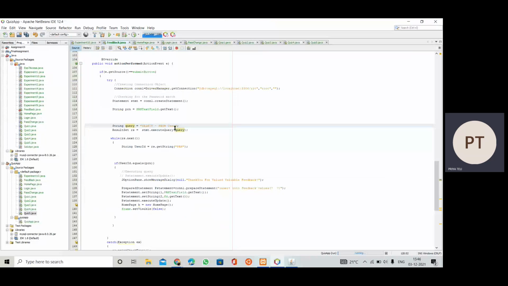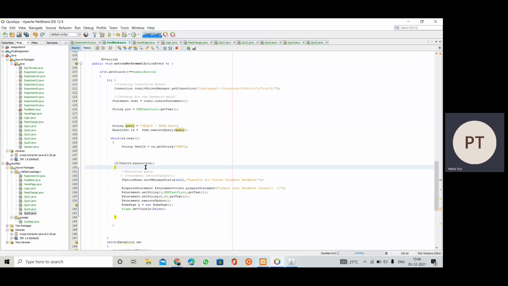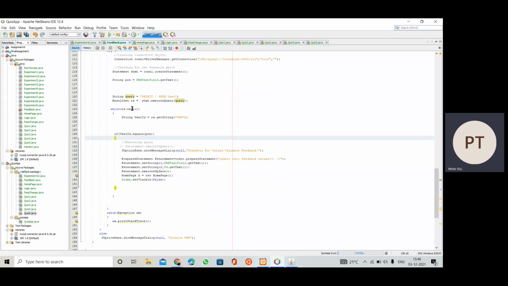Then whatever result is fetched will be taken into the ResultSet object. So this is the object of ResultSet, that is rs, and we call the executeQuery method on the Statement class object, and we are passing here the query string variable query, which holds this query. Now to iterate throughout the table, we have the next method from ResultSet. For iteration we are going to use a while loop.